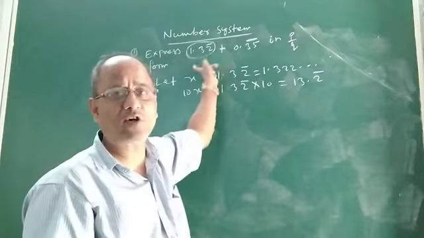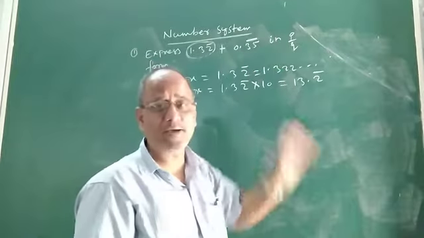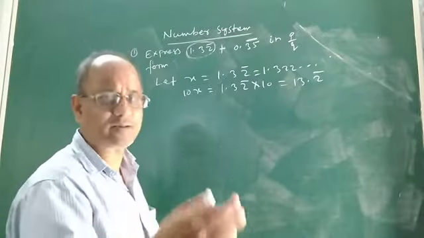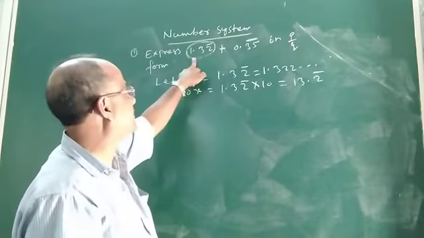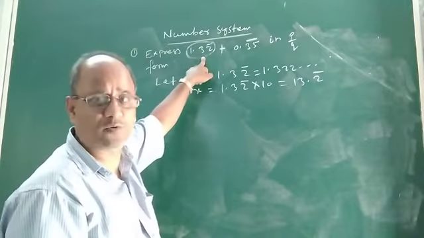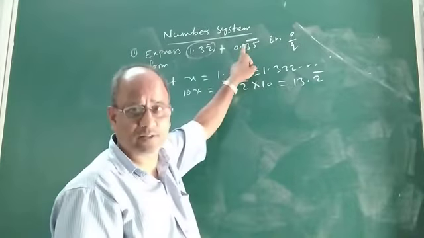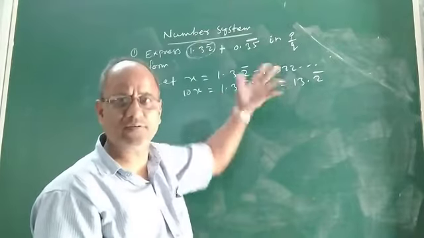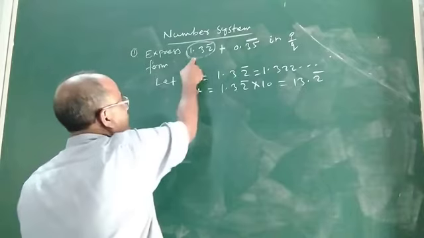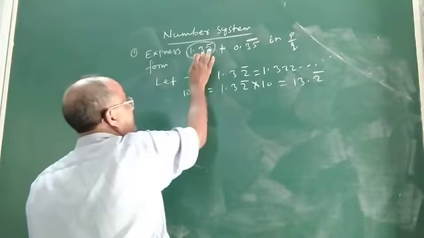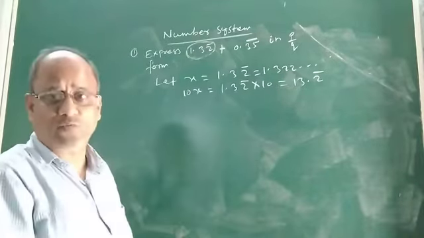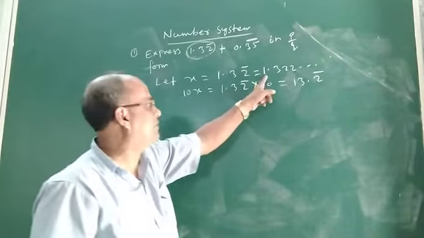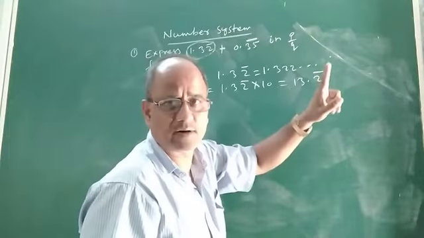So how to express the sum of these two numbers in P by Q form where P and Q are integers? So what is the process? I hope you must have remembered. Let us first convert this one into P by Q form, then convert this pure recurring decimal into a rational number, then you add the two and you will get the answer. Now to express this mixed recurring decimal in P by Q form, take x equal to 1.32 bar, that means 1.322...